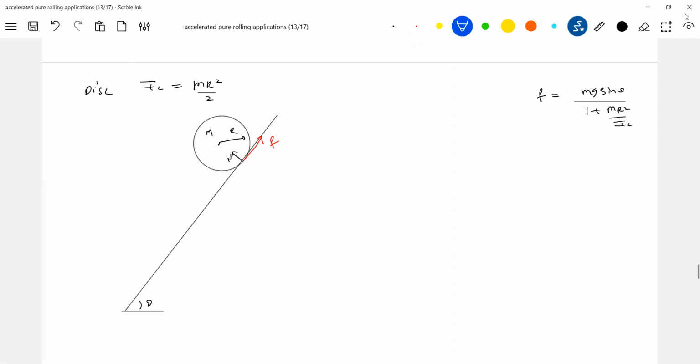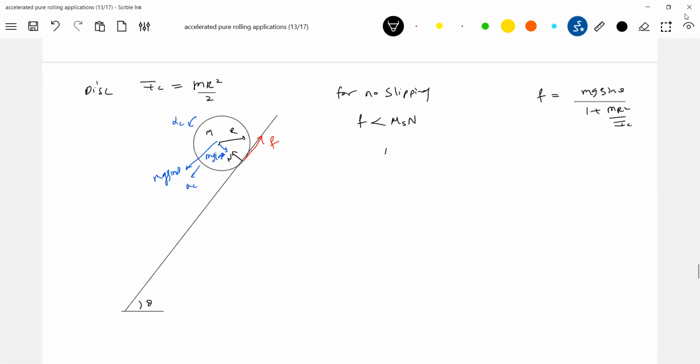Try to notice all the forces which I'm going to show here. mg sin theta, sorry, mg cos theta, and acceleration of center of mass, ac, and this is alpha c. Already we have discussed everything. Okay, let's come to this one. Now, for no slipping, what should be the F? F should be less than mu s N, no?